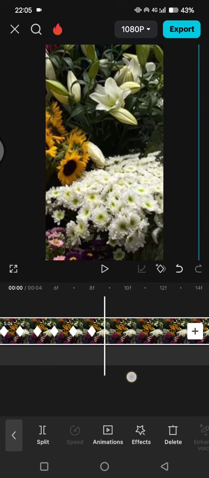Okay, after the keyframes are finished, this will be the result. If you want to make the zoom and pan slower, you can add some distance into the keyframe. So that's how you can zoom and pan in